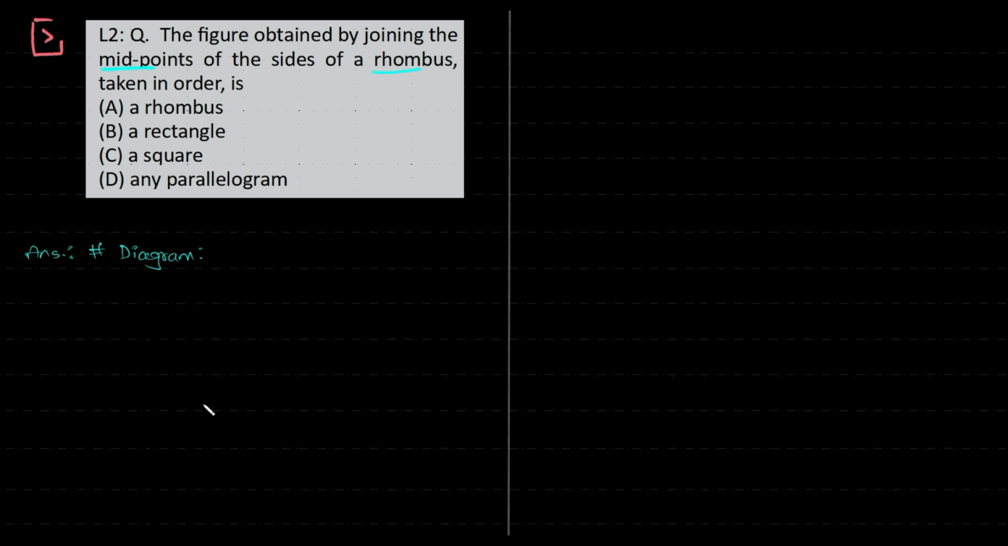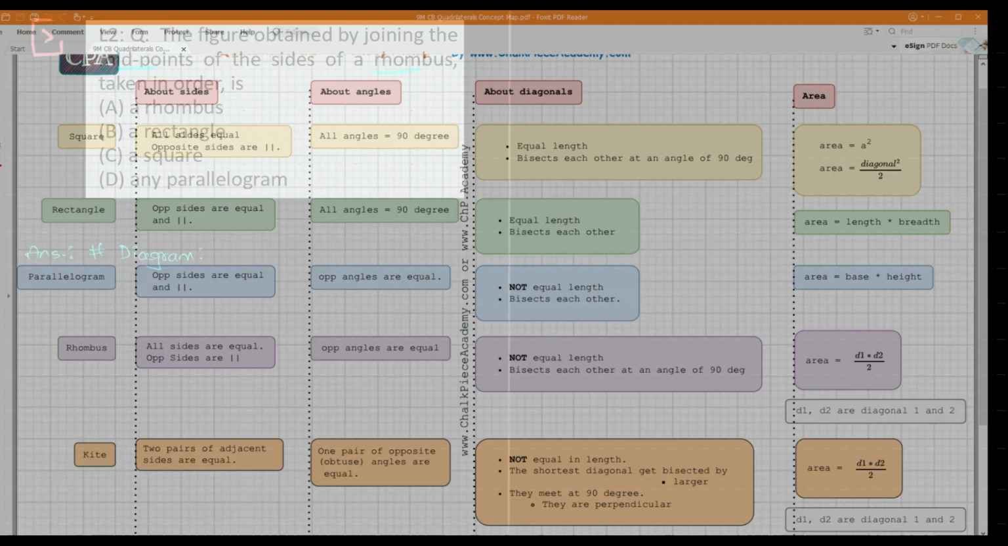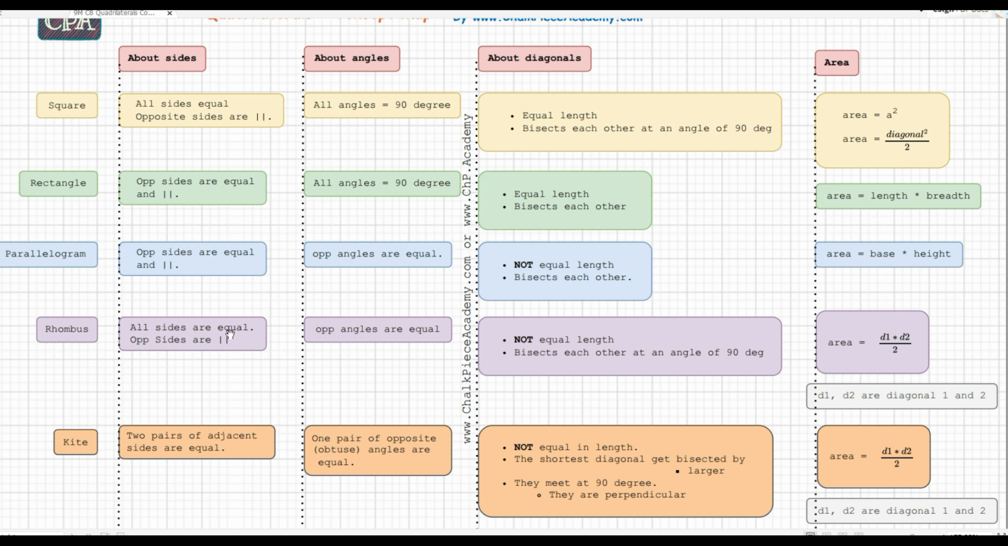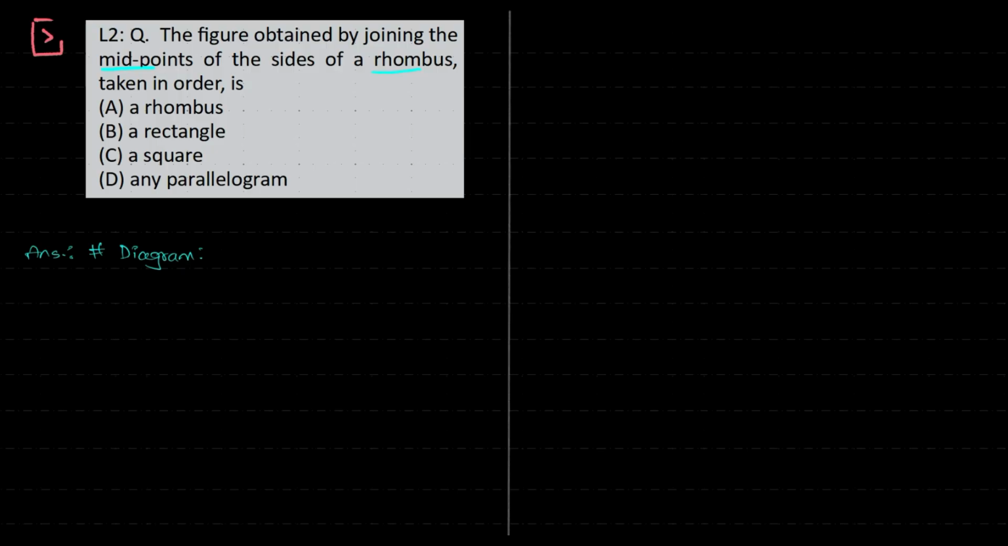So what is the property of a rhombus? Yes, a rhombus has all sides equal and opposite sides parallel. Then opposite angles are equal, not all the angles. The diagonals are not equal in length, and they bisect each other at an angle of 90 degrees, and the area is given by that particular formula. So basically we are looking at a Kaju Barfi shape,